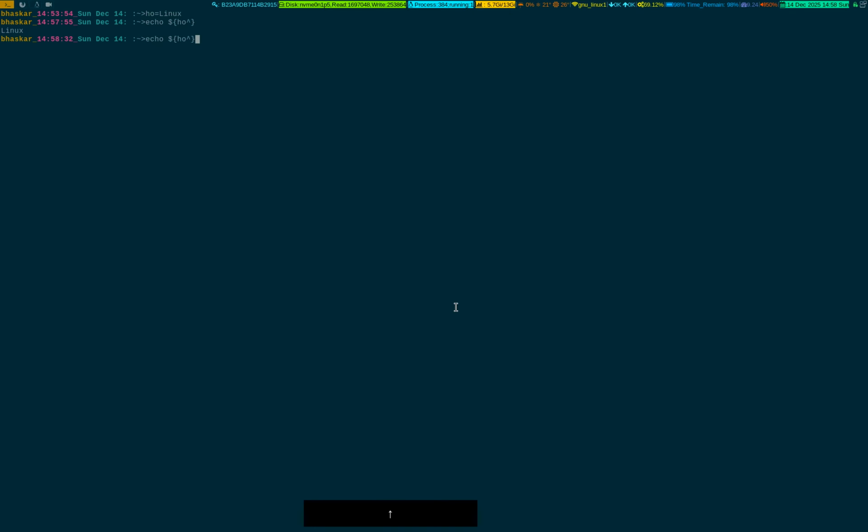Okay, so if you want the entire word to be capitalized, you have to place two caret symbols beside the variable name within the curly braces. Press enter, bang, you see. Look at the top, we have assigned in a normal way, the first letter is capital, then the lowercase. If I place like this,